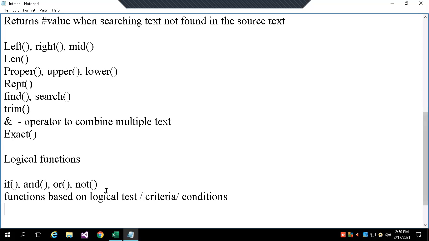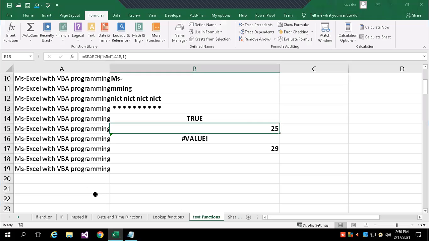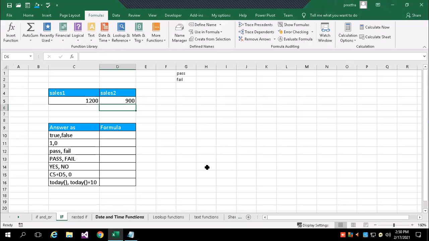Okay, so you can see in my workbook here, my first example, before starting IF and OR, you see equals. In one cell I have 1200, in another cell I have 900. So I'm going to check C5. I want to compare whether C5 is greater than D5.